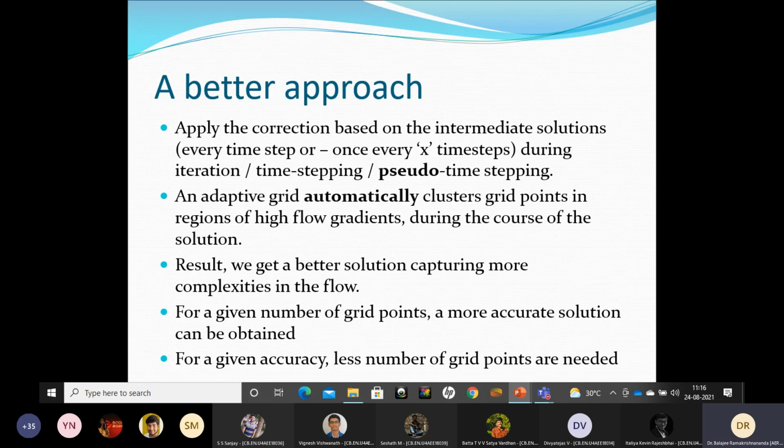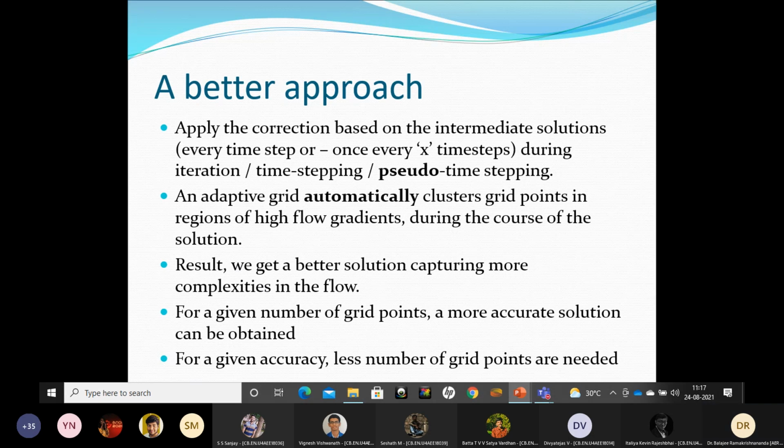A better approach will be, instead of completing the solution and looking at it, as and when you solve, look at every time step, which is extremely expensive, or every 10 time steps, every 50 time steps. You look at the solution, how the solution has changed. Now this intermediate solution will have some gradients. So it can be during iteration if you are aiming for a steady state flow, or this elliptic kind of flow. It can be time stepping if you are looking at either unsteady flows or hyperbolic